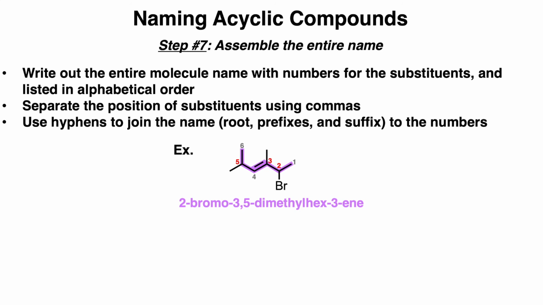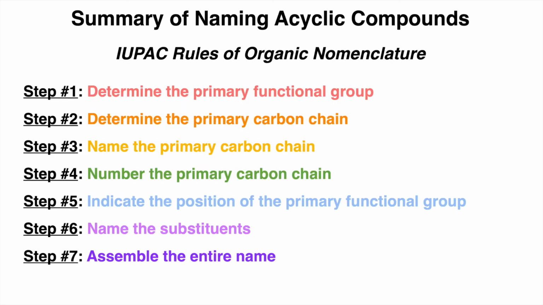Remember that the di in dimethyl does not count in the alphabetical ordering. It's only the core substituent name, which in this case would just be methyl. So the final name of this molecule would be 2-bromo-3,5-dimethyl hex-3-ene. So in summary, the IUPAC rules of organic nomenclature include Step 1, determining the primary functional group,